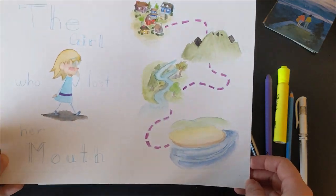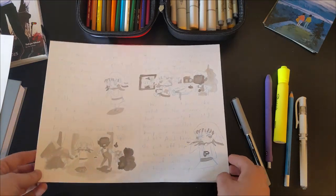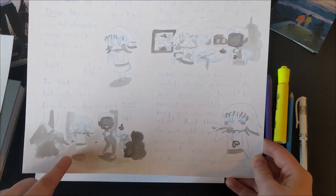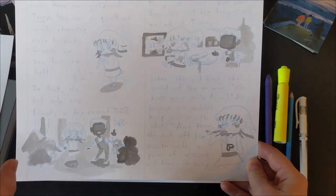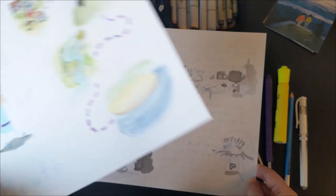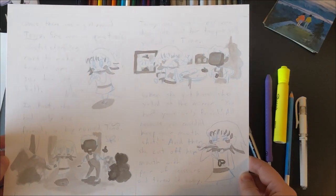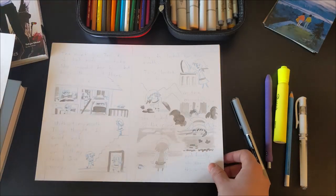So yeah, that's what my story ended up being about. Well, I won't read it, but we'll just kind of go through the pages. As you can see, I've got the ink wash done, and today I'm actually going to be going through and inking the line work, and I'm really nervous because I don't want it to ruin my tiny town on this page. I don't know if I'll do the inking on the front and the back, but we got these guys,